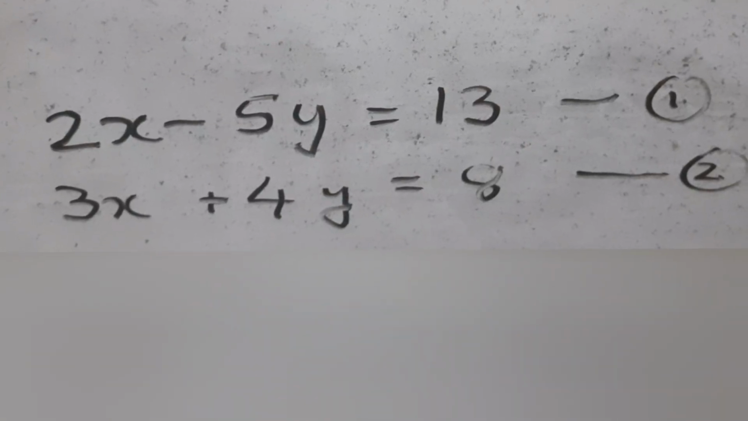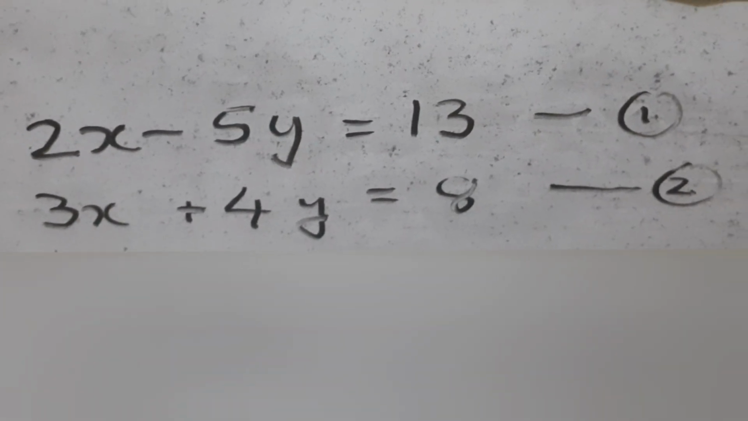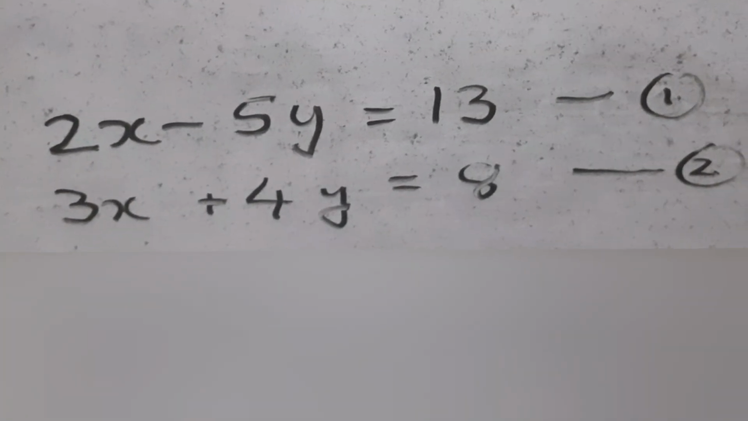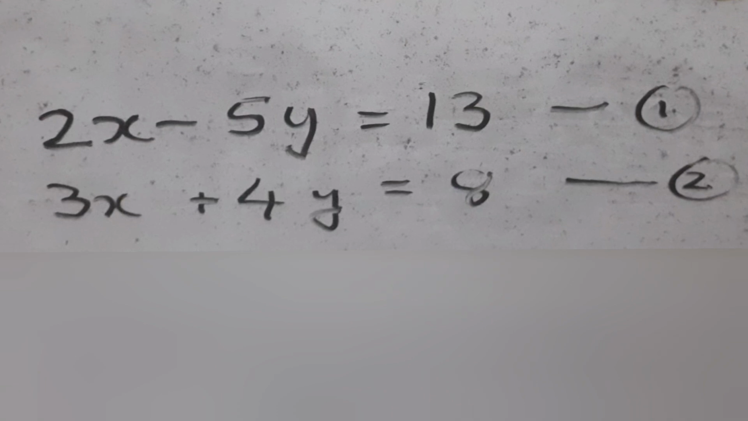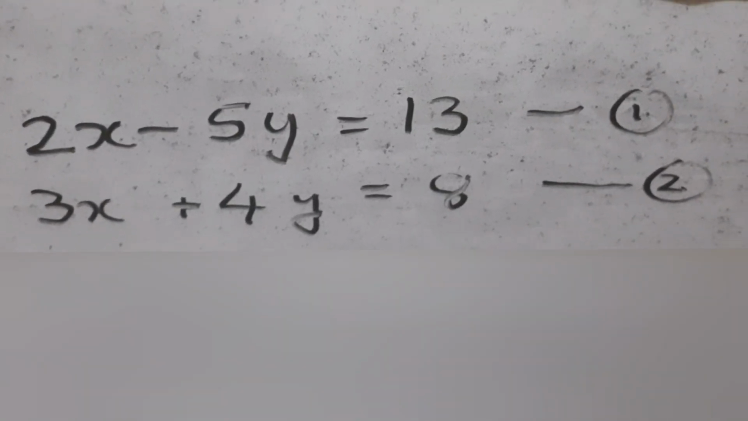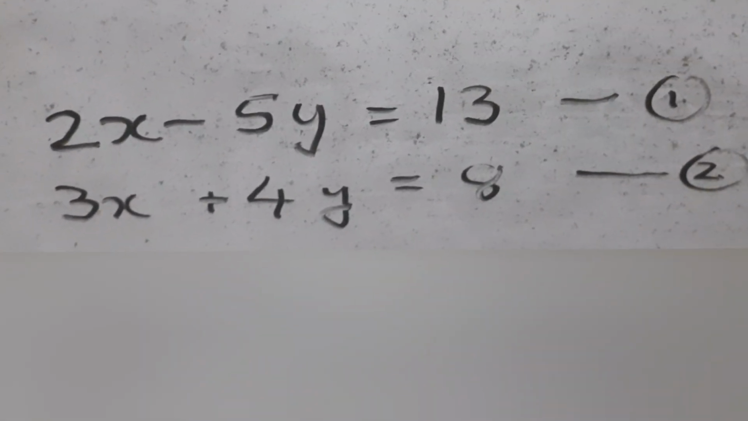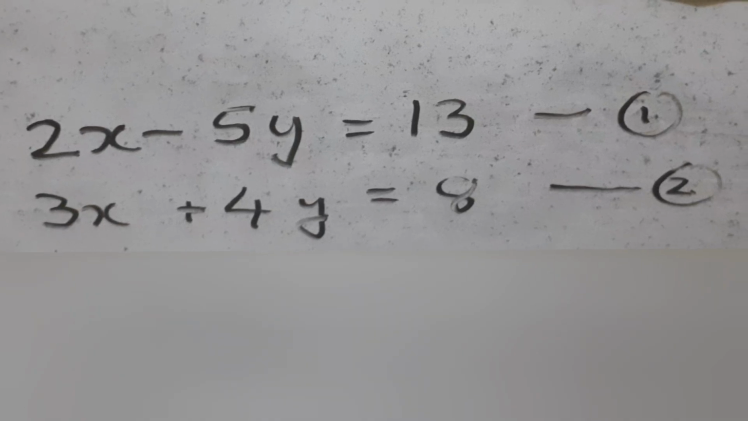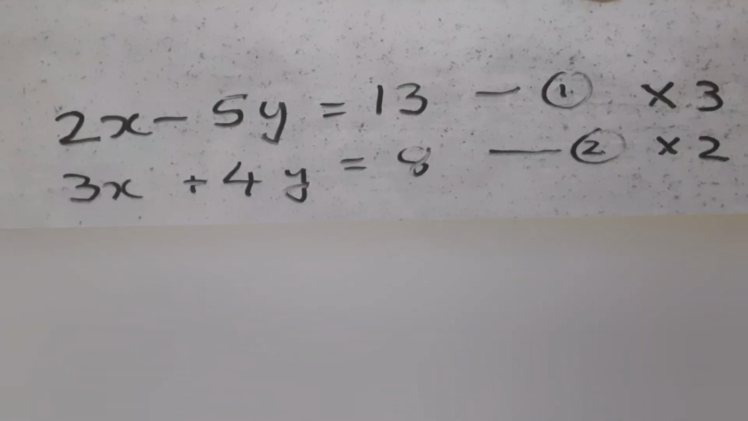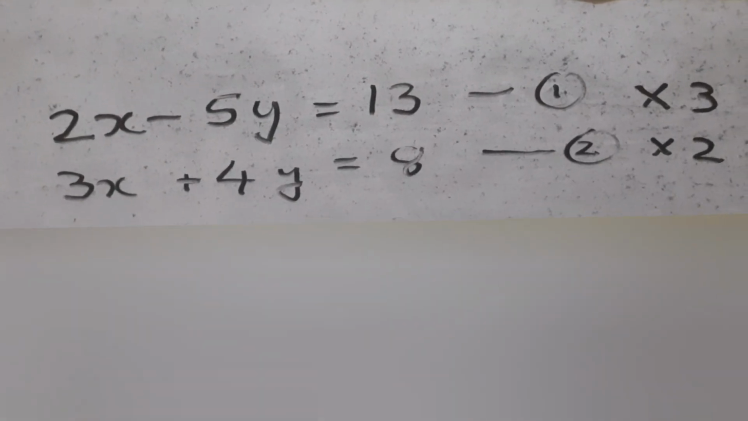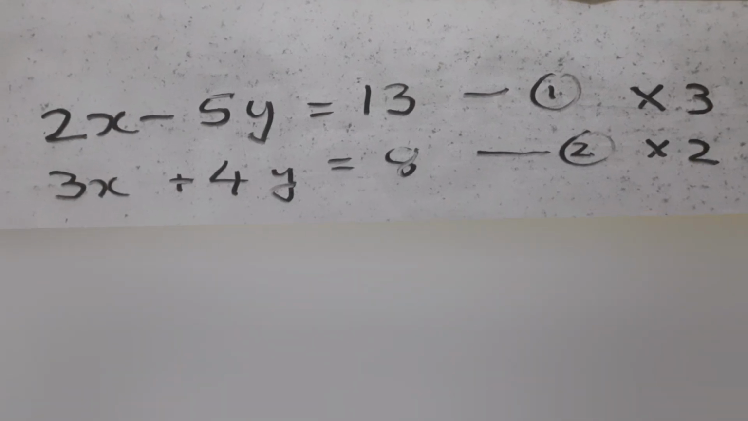Looking at the equations, we first decide which unknown to eliminate. In this video, I am eliminating x. If we want to eliminate y, multiply the first equation with 4 and the second equation with 5. Now, I am trying to eliminate x, so I multiply the first equation with 3 and the second equation with